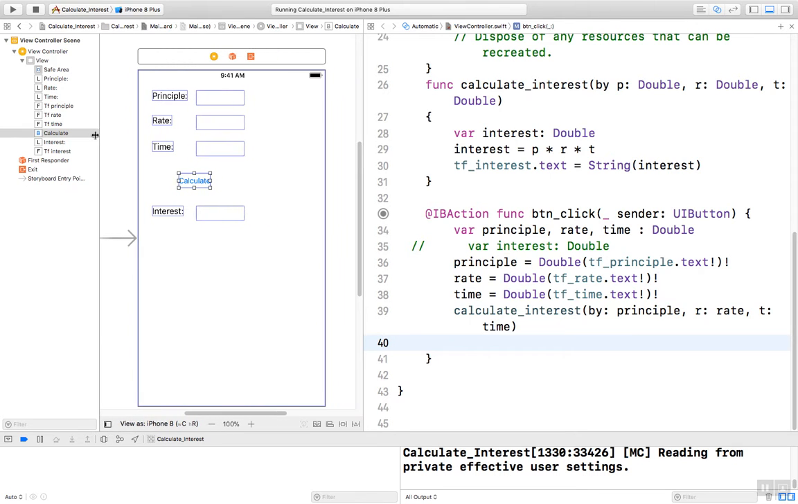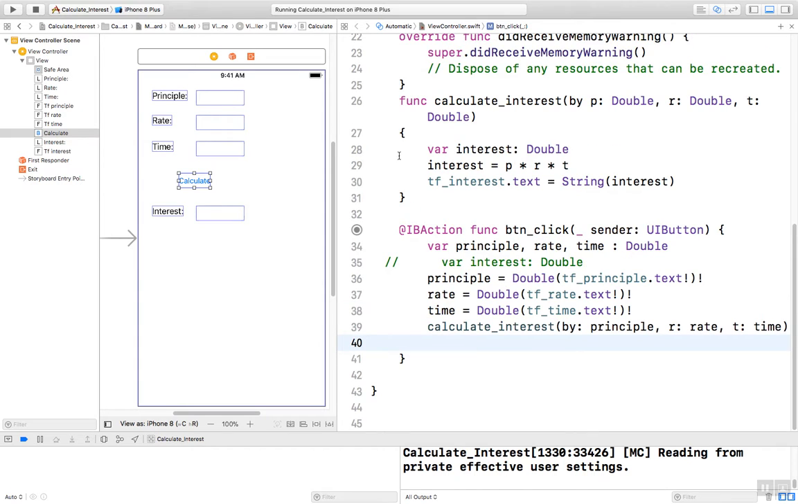Okay, picture taken. Well, now we're going to modify it. We're going to calculate interest, but we're going to return something. And I got a little cheat sheet here. It says you use the little arrow here,